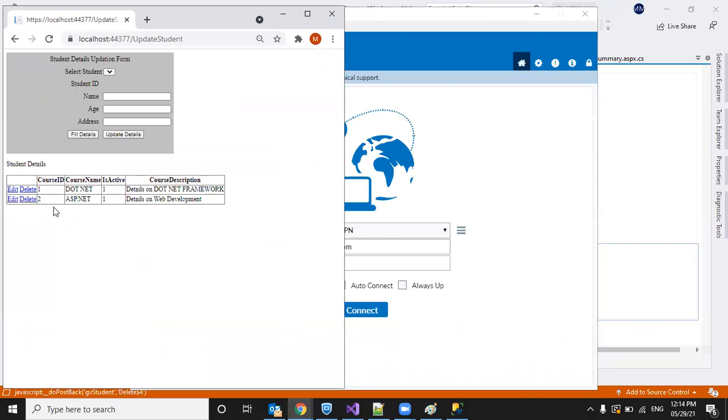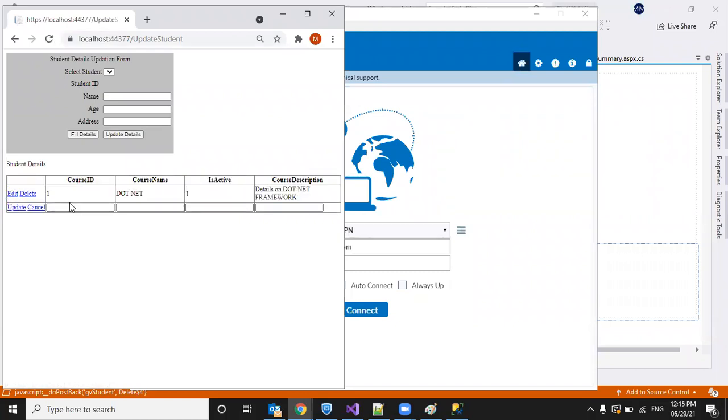We just generated events. When we click edit, I have to display this data in the text boxes, and I don't want to display course ID in edit mode. For that, I have to write a template. The template part we will see tomorrow. For now, when clicking on edit, I'm putting this row in edit mode, right? This binding we will see tomorrow.